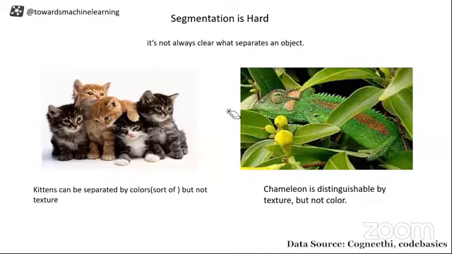But imagine a second task. You have a chameleon, that too in a forest, let's say on a tree, and now can you differentiate between colors? Through your eyes you can, but imagine it for an algorithm, for a computer to do that task. You can't do it, right? This is also green, this is also green. How will you differentiate them? So the next thing that comes into the picture is texture. Based on texture, you can say that this object is different from the background. If you come here, it might not be the case, because all of them have the same kind of texture, right? These are differentiated based on color, and this image of the chameleon is differentiated based on texture.